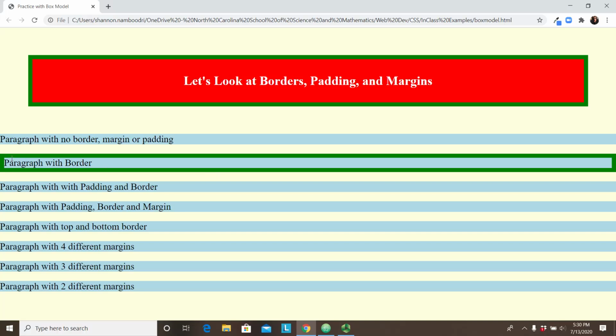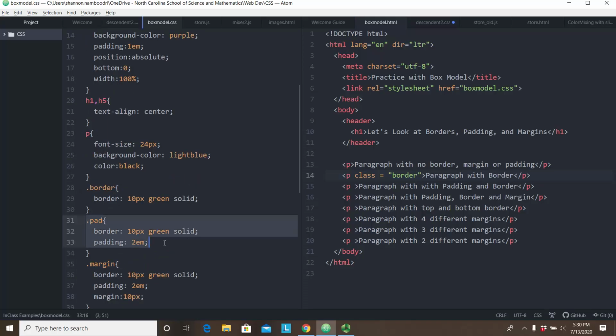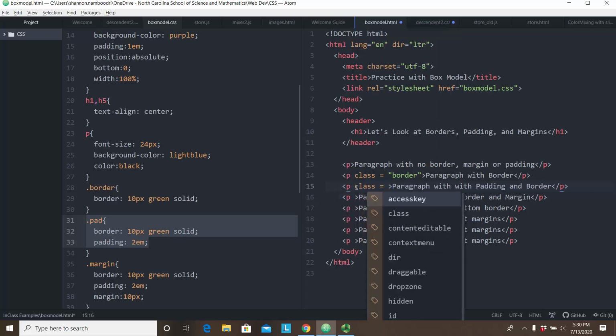But the words are still smushed up against the edges of that. So what we might want to do is add some padding so that the words aren't right up against the border. So I go back to my code. For this next paragraph, I'm going to add a paragraph with padding and border. If I come over here to my left, I can see this class that has the same border, 10px green solid, but now we have this padding of 2em, and we'll talk about what the different sizes are a little bit later. This is going to be class equal to pad,